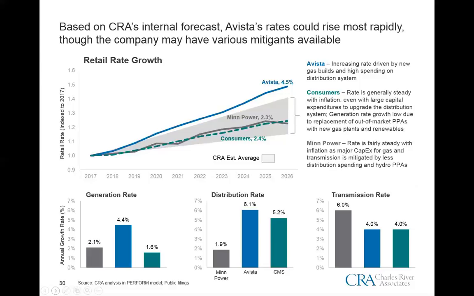And finally, Minnesota Power is also roughly in line with that growth rate, but for very different reasons. They have minimal investment in the distribution system that's expected, very modest investment in the generation system, primarily due to the fact that they're pushing forward with hydropower purchase agreements, and their investment in the transmission system is allowed to drive some earnings while overall keeping those rates in line with prevailing market prices and at least in line with general inflation trends that would be expected.